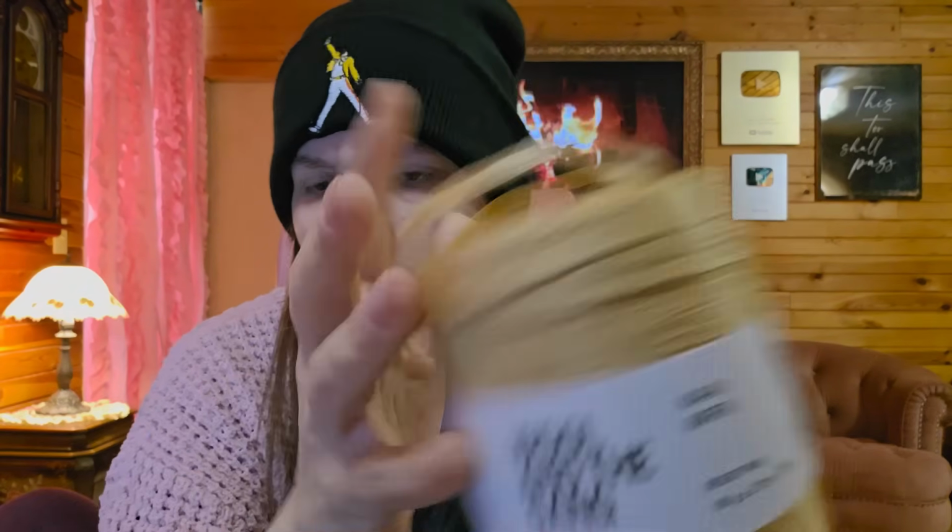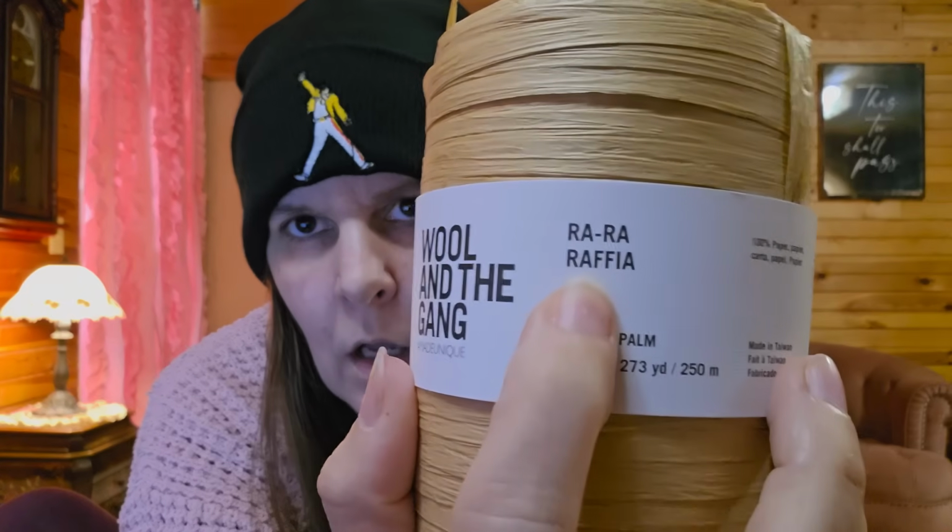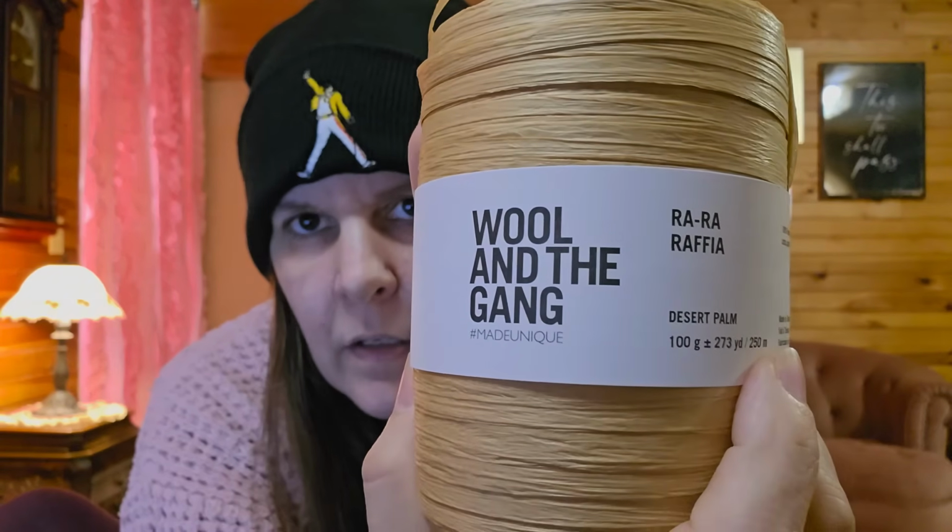Now, this one right here is called Raffia by Wool and the Gang. Now, this is